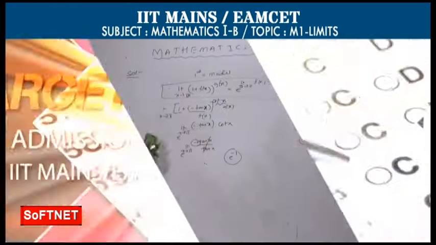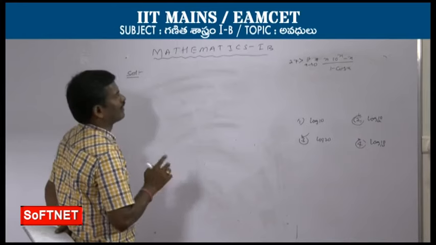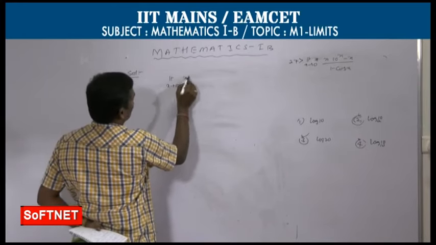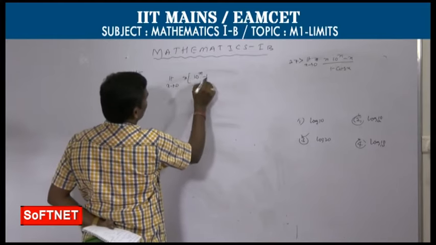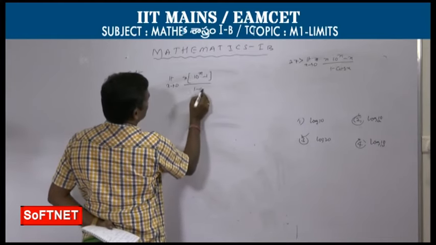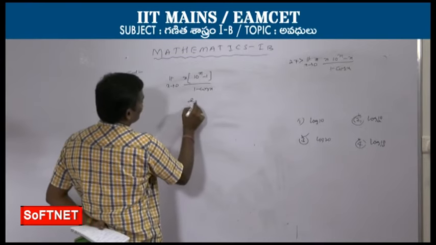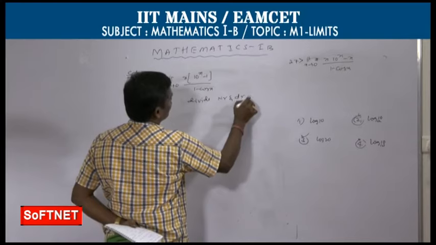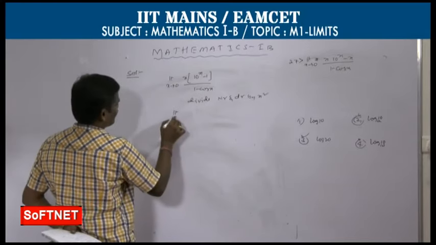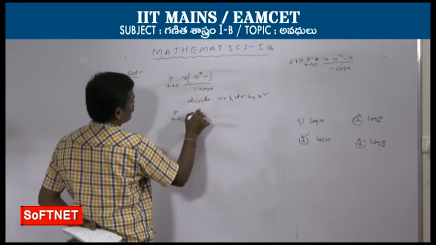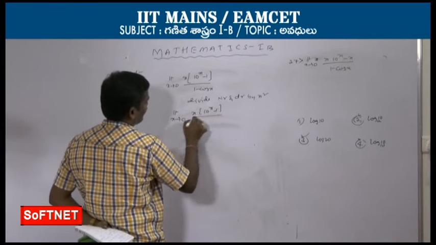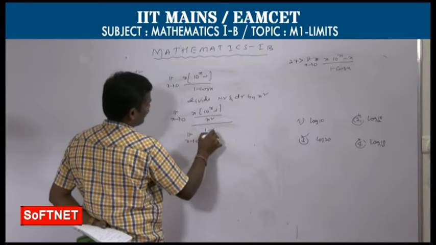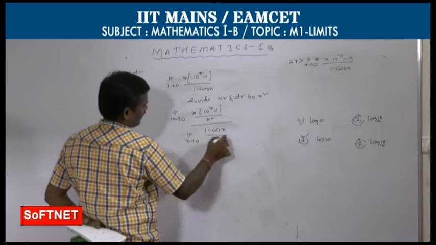Next question. This question we can get using two standard forms. So first in the numerator x take common, limit x tends to 0, x take common, that is 10 power x minus 1 by 1 minus cos x. So divide numerator and denominator by x square. So limit x tends to 0, x into 10 power x minus 1 by x square, by limit x tends to 0, 1 minus cos x by x square.